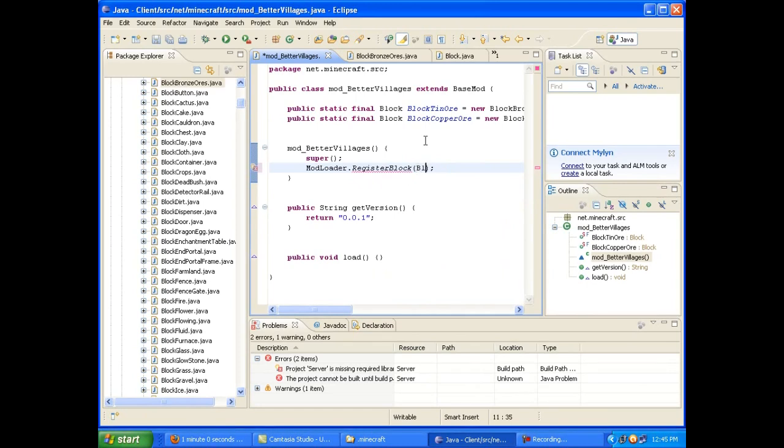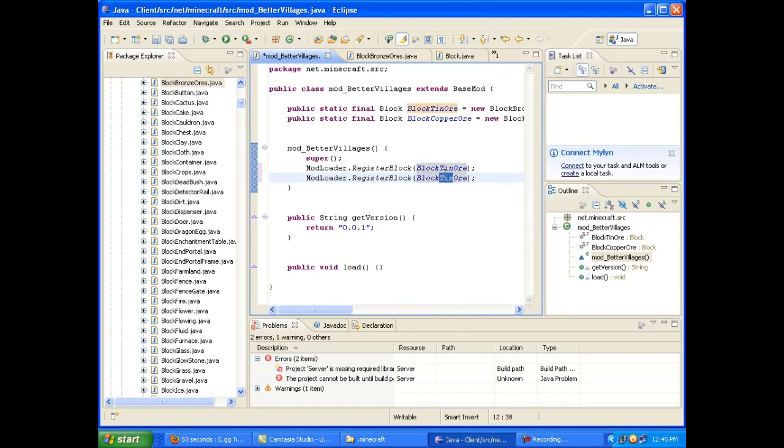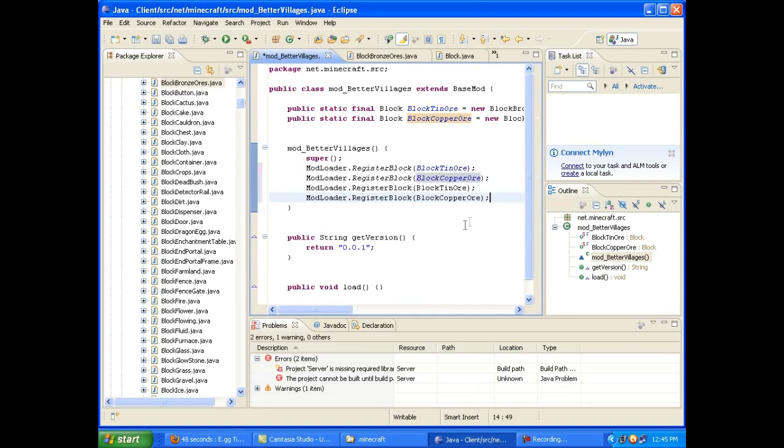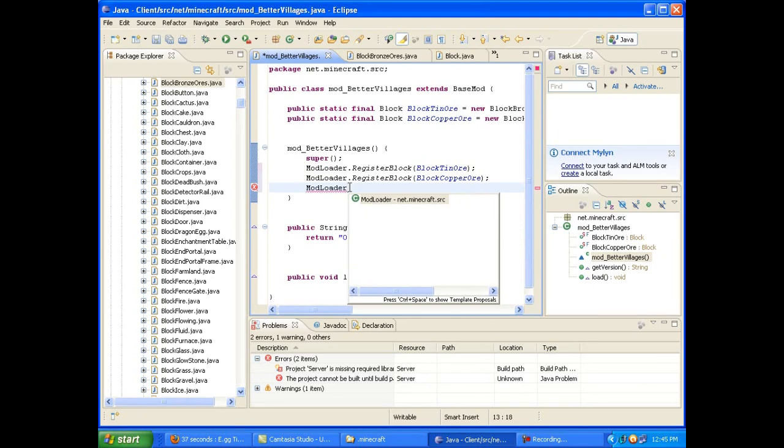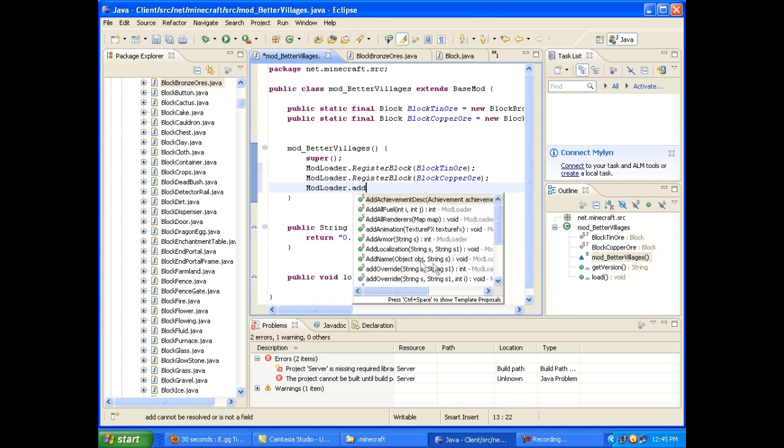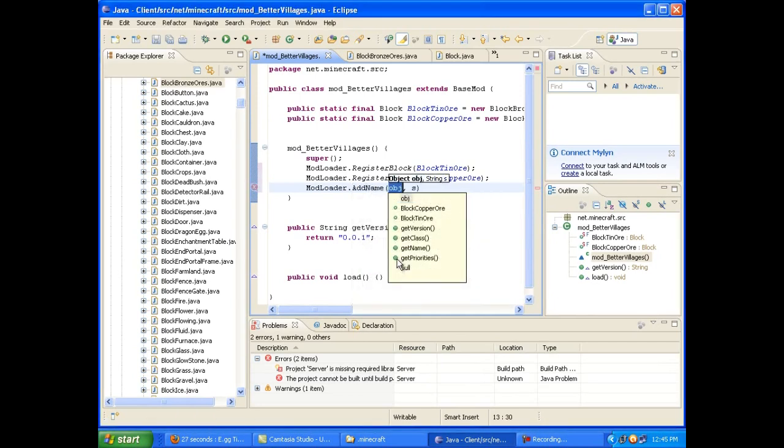So let's do just block tin ore, copy and paste, block copper ore, copy and paste again. Now let's do, actually, ModLoader dot, can't remember exactly what this is called. I believe it's just dot add name, ModLoader dot add name, yes, okay.